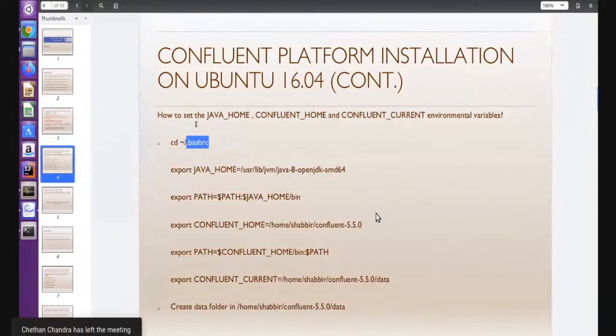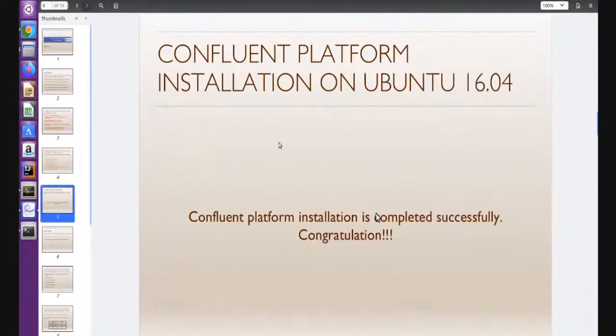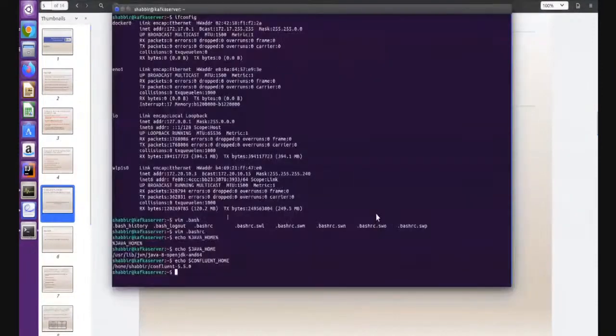I exported all the required environment variables, and then created one data folder inside my Confluent home directory. That is enough to start Confluent. Now my Confluent has been configured. How easy it is.